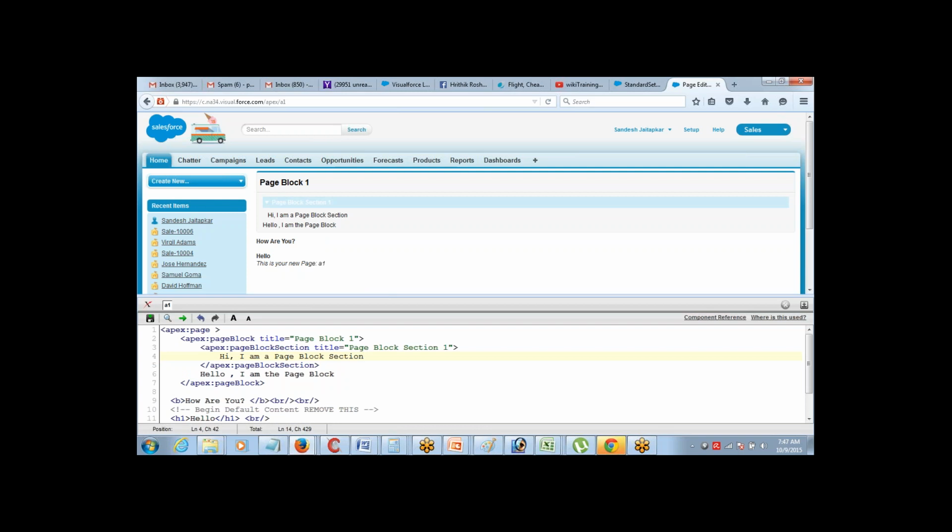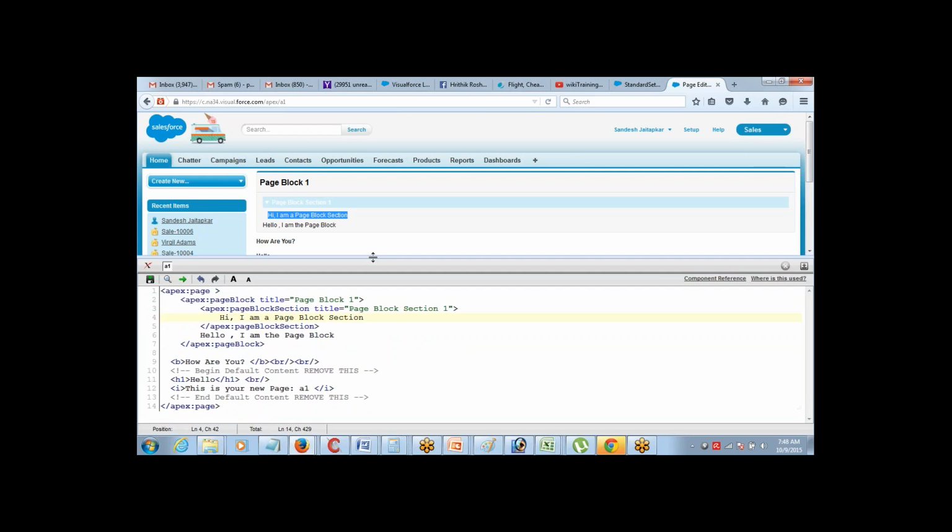Do you see this? There's a page block section. Inside the page block, I've created another section. I've given a title to that, and that page block section has another content within it. All right. So this is how you can actually create the blocks and the sections with the help of the components, right? And page block section also has an attribute called title, so you can define the title for it.